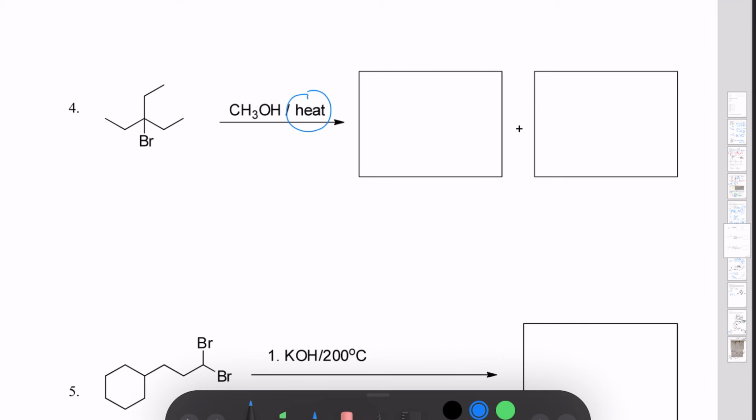So there is a good chance that we're dealing with an E1 reaction. But also, when we look at our substrate, our reagent, since it's methanol, it is not a strong base. And for an E2 reaction, right, E2 reactions require strong bases in order to get started. Since we are still doing elimination and E2 isn't an option either, we're left with E1. And this checks out because E1 reactions have to work well with tertiary alkyl halides because of the formation of a stable tertiary carbocation. So now that we have identified that, we can go ahead and begin, but also with